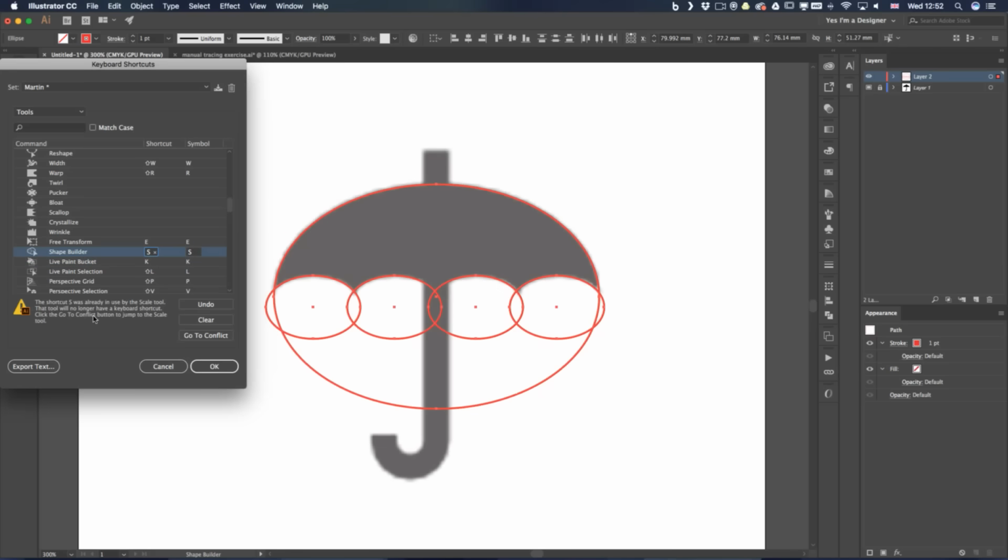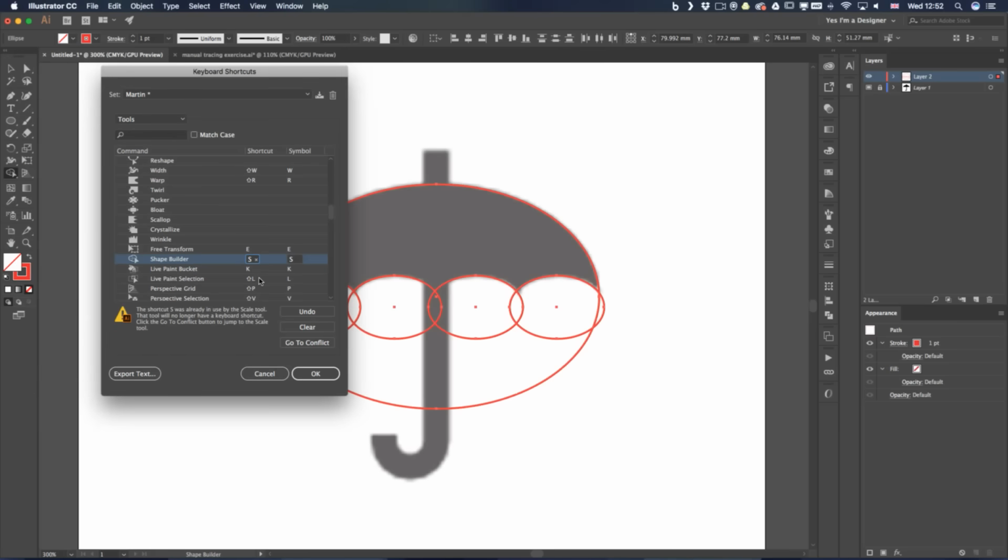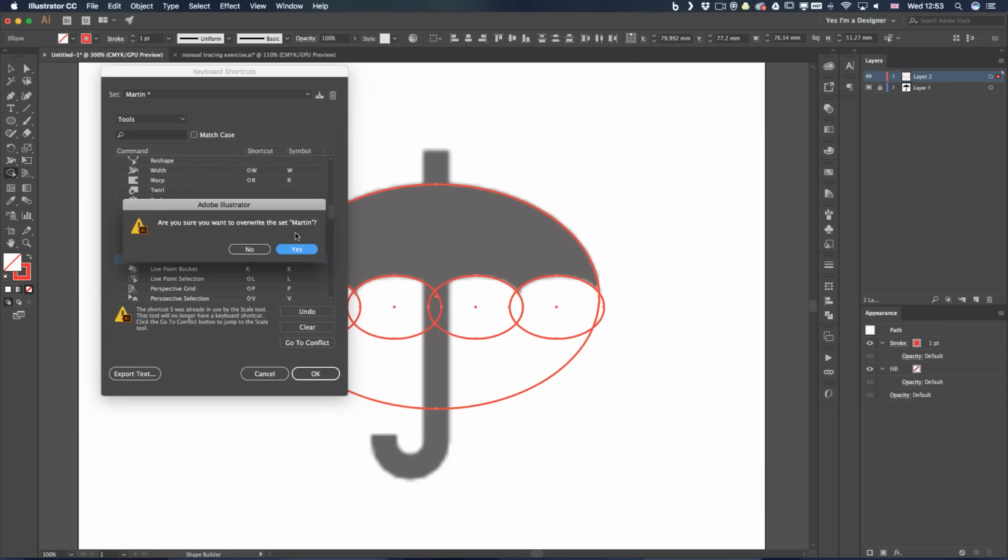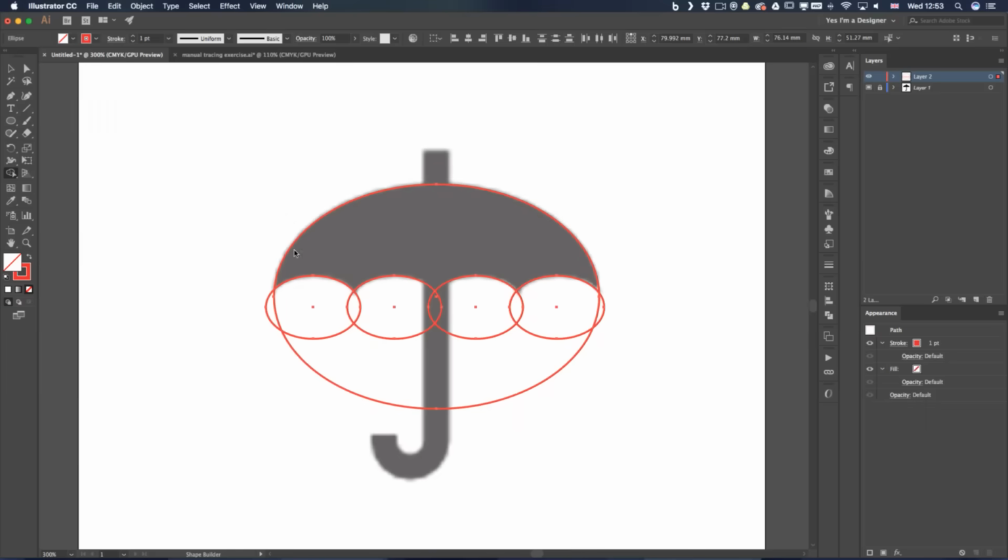Now it's conflicting with the Scale tool, but to be honest, I never use the Scale tool in Illustrator or hardly ever touch that tool because I use different ways of scaling objects. So if I don't use that shortcut, why have it set to such a cool key like the S? So I'd rather use that with the Shape Builder. So I'm going to click OK, and then I will save this as a set. And everything that you customize needs to be saved as a keyboard shortcut set. But now you can see the Shape Builder tool is set to S, so it's much faster to select it